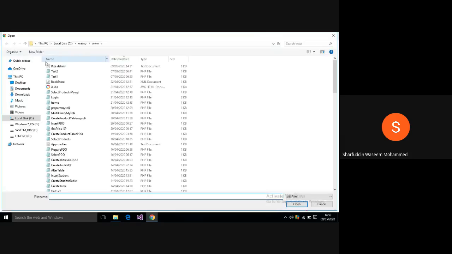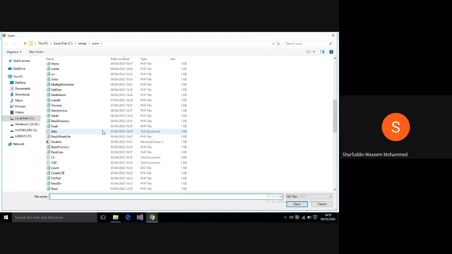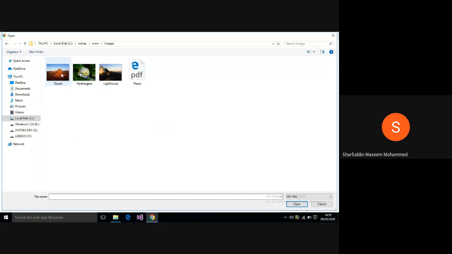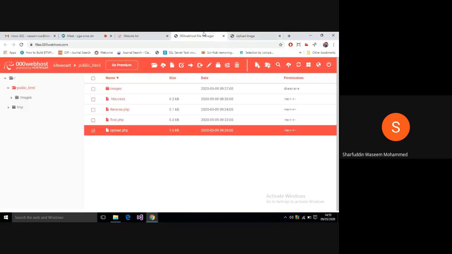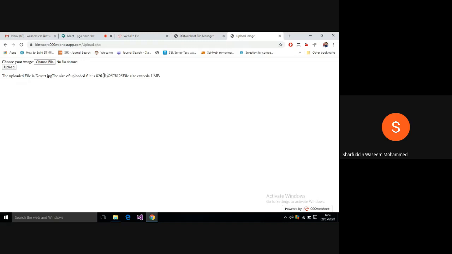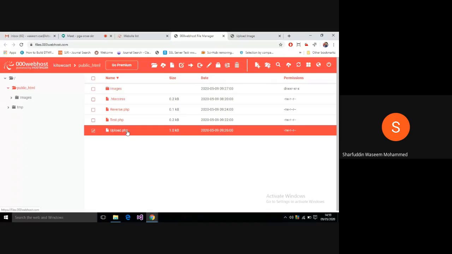Now you can see that it is asking for an image. So you choose the image and you are able to upload. Choose the image, images, so I'll click one image, then I click on upload. Okay, the file upload says the image is exceeding 1 MB, because I put a condition over there. The file size is 826 KB, but I am only accepting files of about 102 KB, I think.